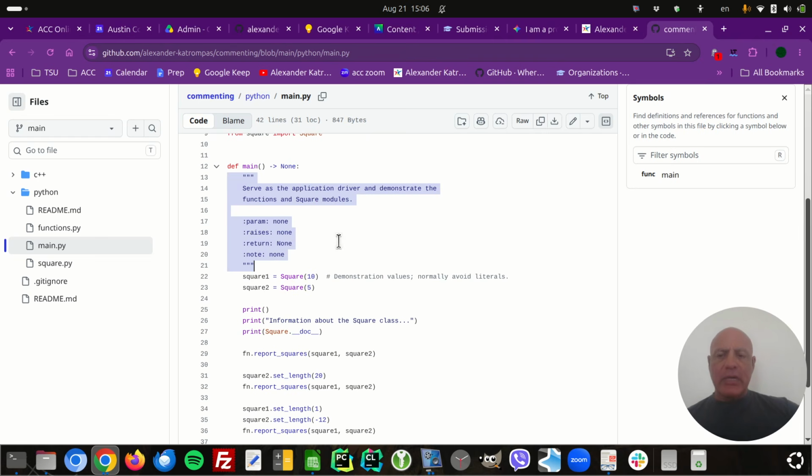Okay, it's a docstring because you can actually call this thing, like you can actually call it and check it programmatically, right? So it goes inside the function because it's actually part of something you can call programmatically. All right, same rules. You put a description and you list the parameters, the exceptions. In this case, we call them raises, the returns, and you put a note. If it's none, you list them all and you still put none. Okay, so simple, right? Very straightforward.